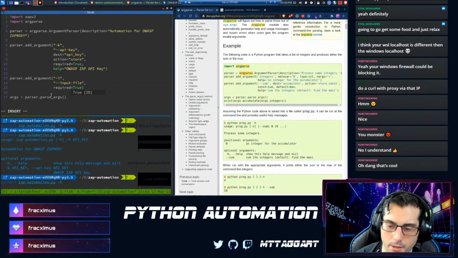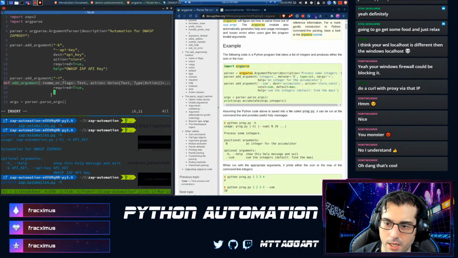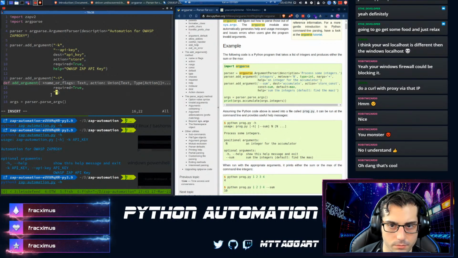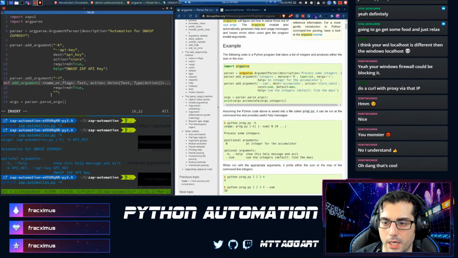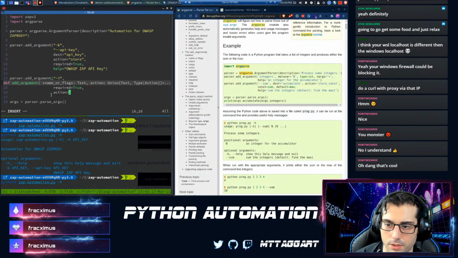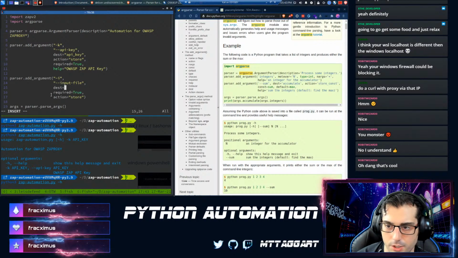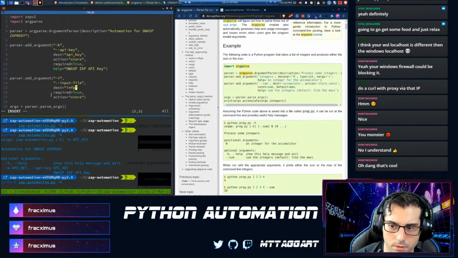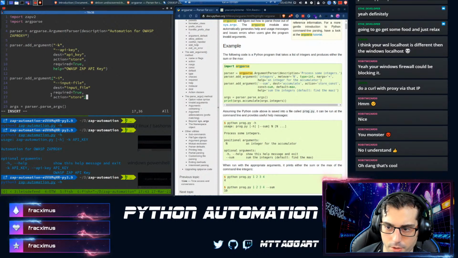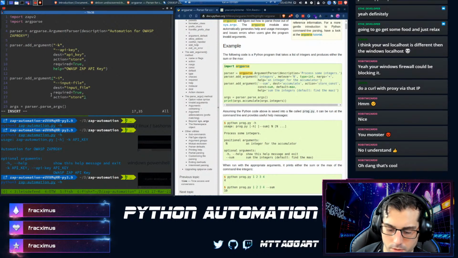We might come up with a better scheme later to say if it's not there, then we'll do a different target. But for now, it's required. The action is store. Oh, I forgot to do the destination, didn't I? Destination equals input_file. Required true, action store. I know they're in different orders.